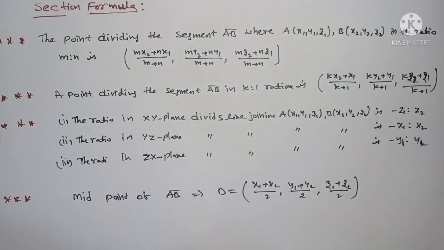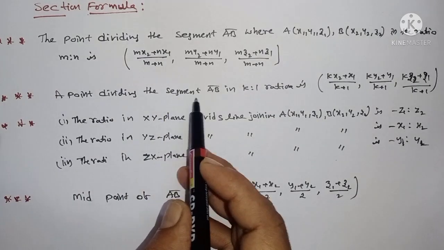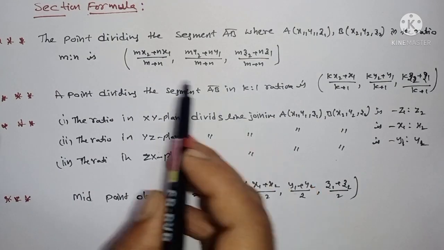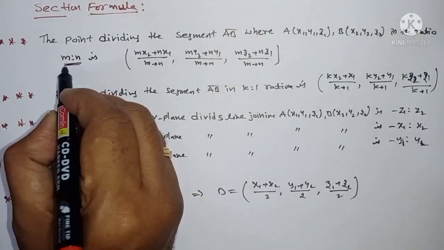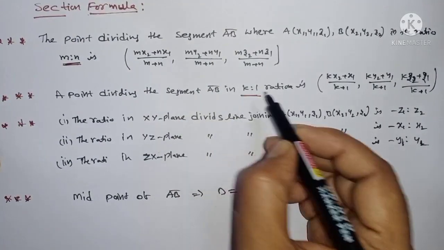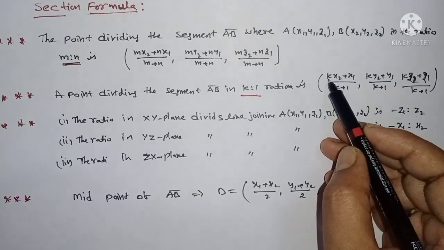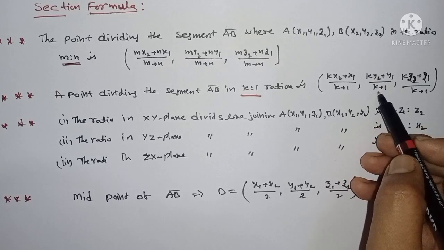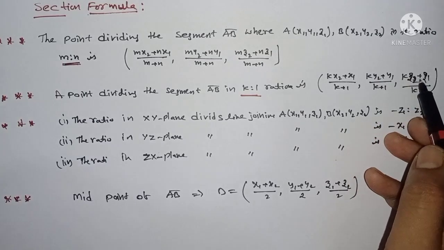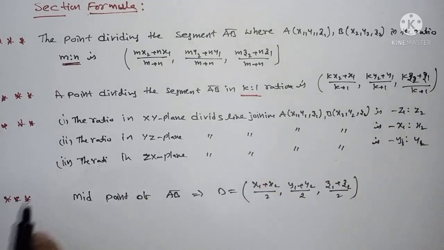The first formula is for a point dividing the segment AB in the ratio k:1. It is m is to n only in this formula, I am taking as k:1. Therefore, what is the formula? (Kx2 plus x1) by (k plus 1), (ky2 plus y1) by (k plus 1), (kz2 plus z1) by (k plus 1). And